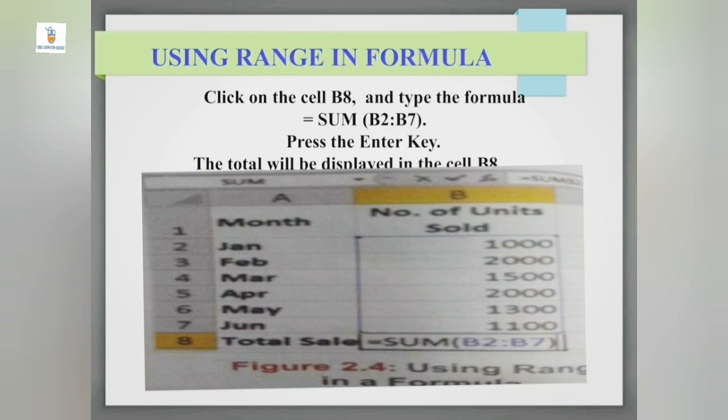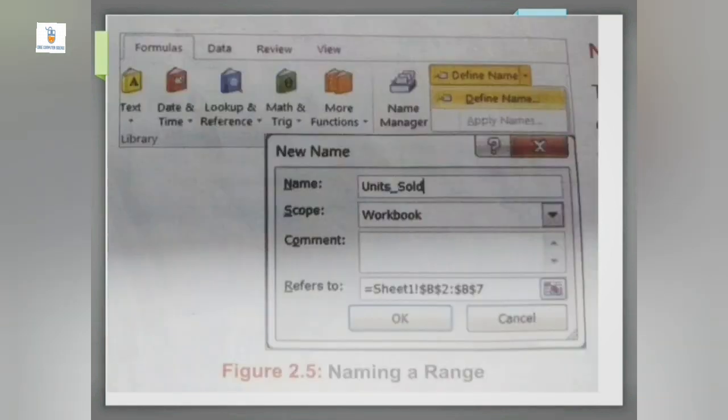We can also rename a cell range and give customized names. Now let's see how to name a range. So till now we have seen how to use a range directly in a function or a formula. We can also define a new name for our range. For that, select the range for which you have to define the new name. On the Formulas tab in the Define Names group, click on the Define Name option. The New Name dialog box will appear. In the name field, you type your own desired name for the range and you click on the OK button. The range will be renamed and a new name will be given to the range.